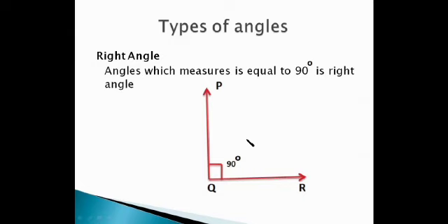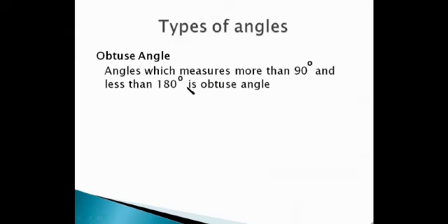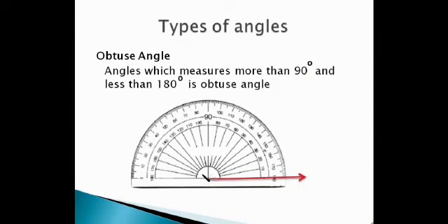Next we will draw an obtuse angle. An angle which measures more than 90 degrees and less than 180 degrees. So you can start from 91 to 179. You can use any measurement. That measurement is called an obtuse angle. Now first you would put a point, draw a ray, then you will place a protractor. So from 91 degrees till 179 degrees, you will draw another ray anywhere to show an obtuse angle.